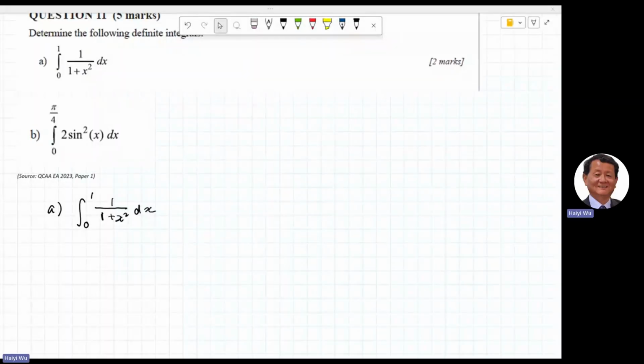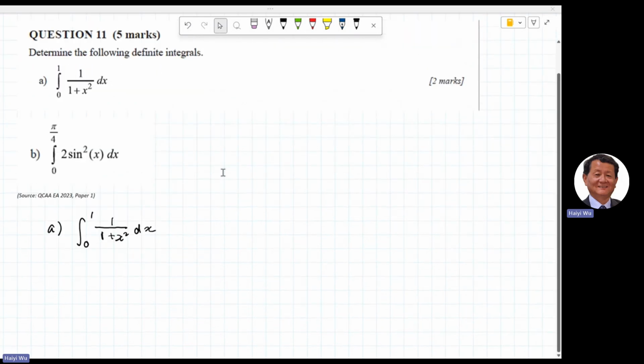Okay, welcome back. Today we're going to solve a couple of integral questions. Definite integrals. So we need to use substitution methods for question 1. So we've got 0 to 1, and the function is 1 over